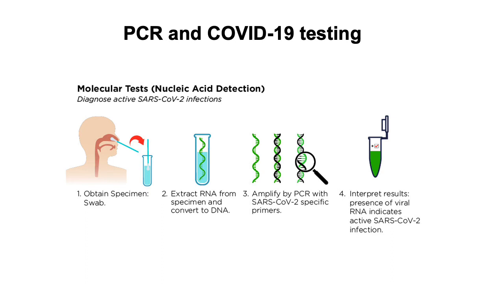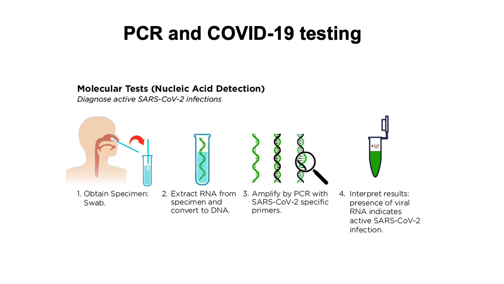And again, you take a nasal swab, extract the RNA in this case, because the coronavirus that causes COVID-19, its genome is RNA. And to do PCR, you do PCR on DNA. You amplify DNA, not RNA. So you extract the RNA from the specimen and convert that to DNA, and then there are specific primers that are put into the reaction, and those primers recognize some specific sequences that are only part of the coronavirus, and